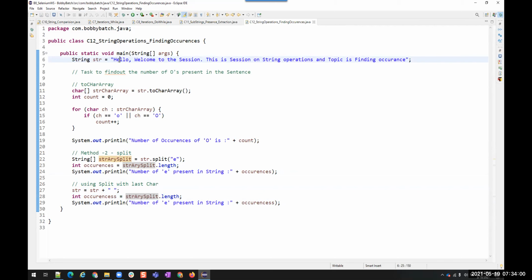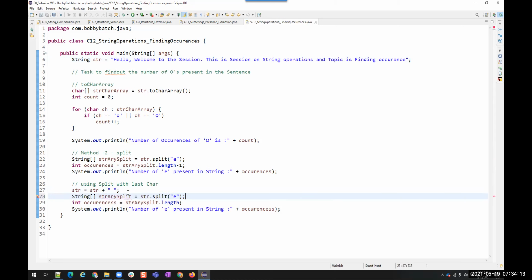Oh, sorry. Length -1 should be there here. Then I have to split after addition, not before addition. I have to split this array after adding a space. Okay, let's do it this way.